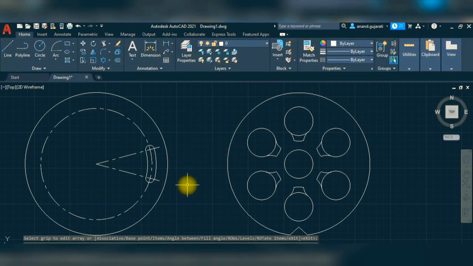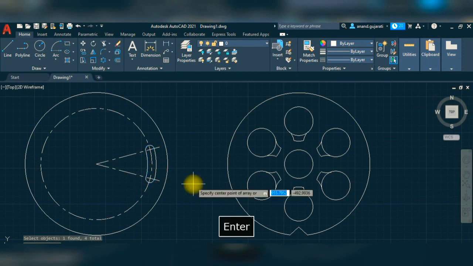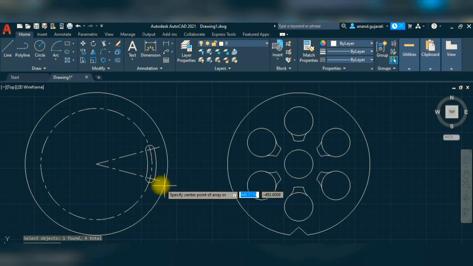I simply repeat this command for this geometry. Not the entire geometry, only this geometry. Okay. So first I go to the array command, select the polar array command, select the object. First, second, third and the fourth. And I press enter. Now you need to specify the center point where this object can be arrayed.